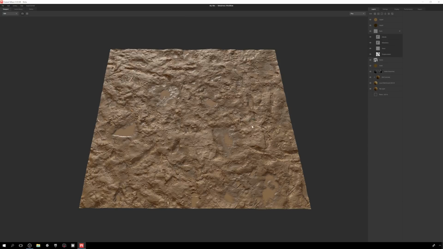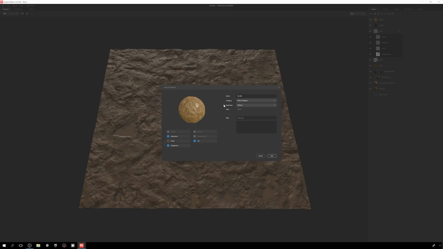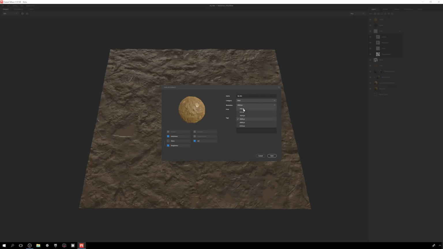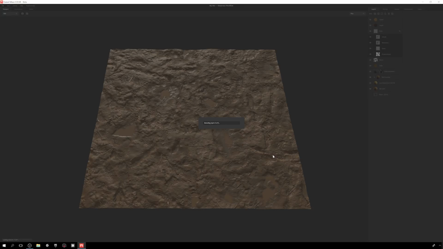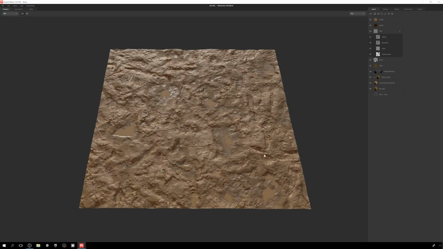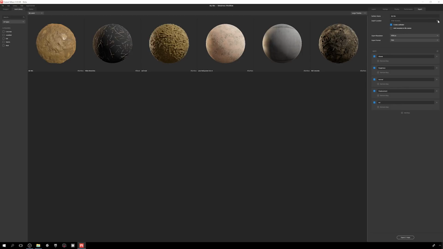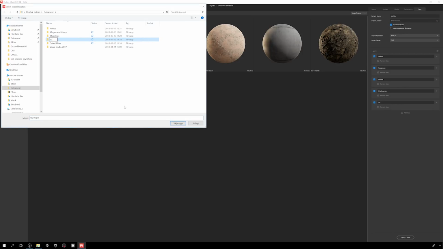Let's save the mix. I'll go ahead and save this as a surface so that I can easily reuse this in future projects. I'll set a name, choose a category, set the resolution, and I'll add a tag so that I can more easily find it. And hit save. There we go! Now it's saved and we can see it here in the local library, both in the mixer and the bridge. I'll go ahead and export this for Toolbag 3 so that we can create a nice turntable